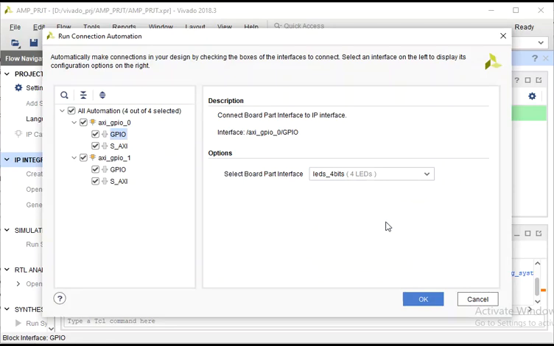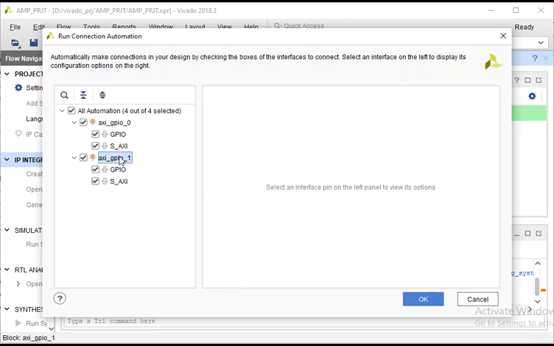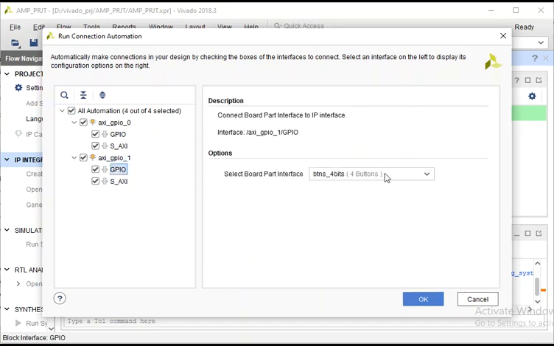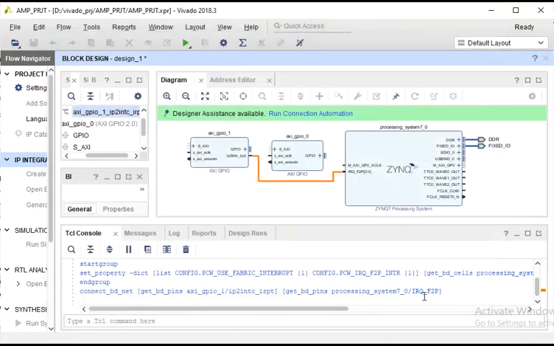On the Zybo, we have 4 LEDs, and if you go also to the second GPIO here, you could see that we also have 4 buttons. So the width that I changed to 1 in the configuration doesn't have an effect on the final result. The number of bits that will be generated here is totally dependent on the setting that you apply in the run connection automation. Okay, if I choose OK,